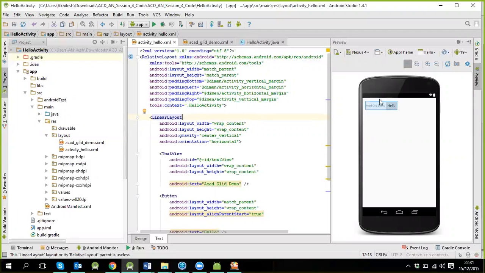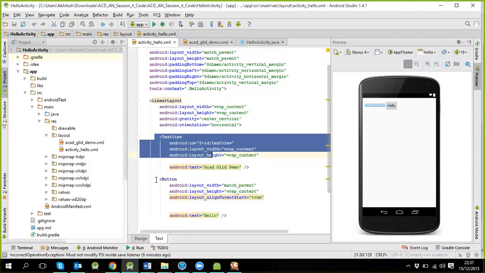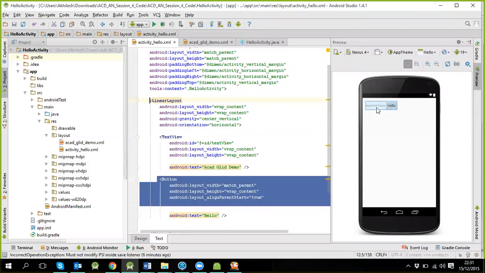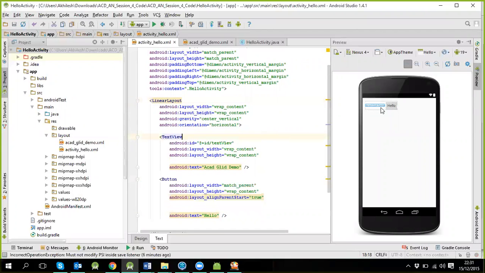See, I have asked my layout to wrap its contents, and its contents are this text view and this button. So if you see this height, my linear layout will only occupy this space. If I say, okay, your width, make it match parent, see, this will change its length. Match parent means,